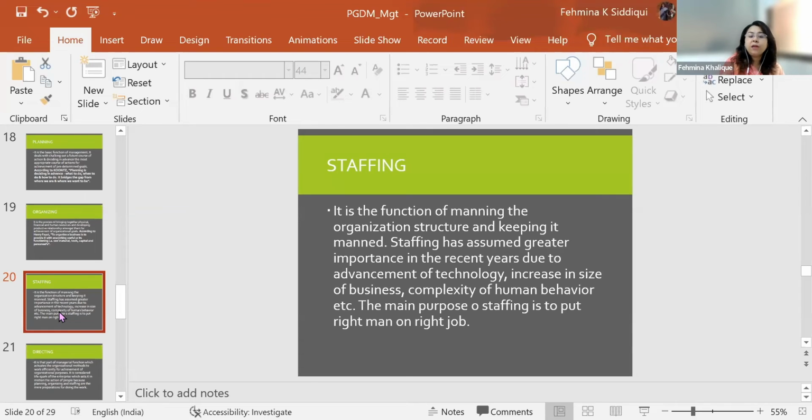So you are expected to complete the project and fit the right person in the right place. Suppose you are working in a production house. Now you are into car manufacturing. So you cannot ask a person who is into a two-wheeler to come and work for four-wheeler, who doesn't have any knowledge about four-wheelers. So again, staffing becomes a very important part of functions of management, and it is important for you to decide which person will be doing which job and to fit the right person into the right